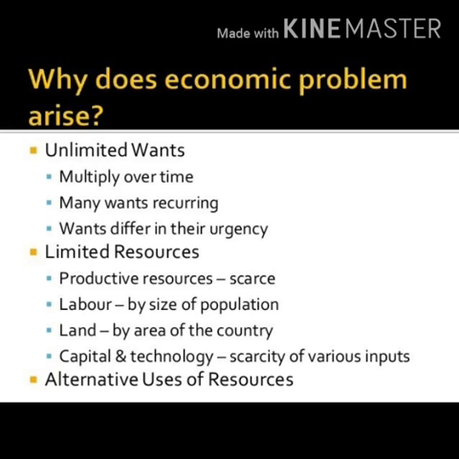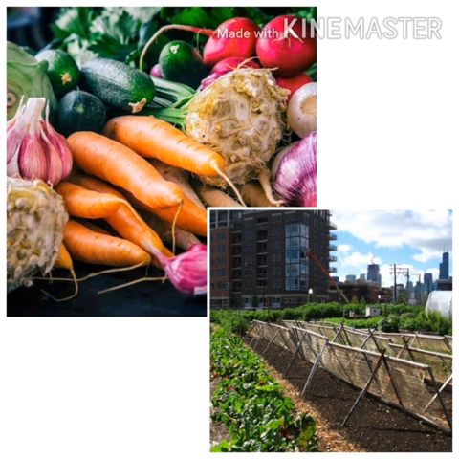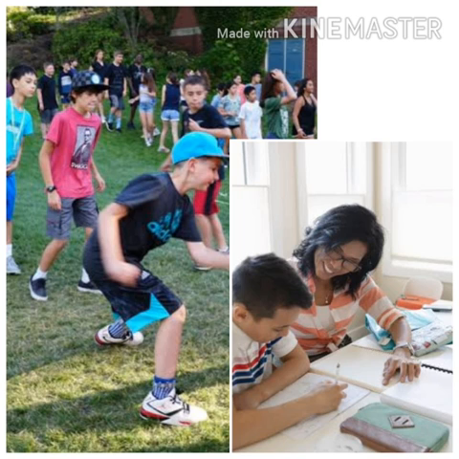And the last one is resources have alternative uses. An important characteristic of resources is that they can be put to alternative uses. For example, a piece of land can be used to produce wheat, vegetables, etc. It is just like the evening time of the students. They can use it either to study or to play. So this implies that with the limited resources and with their alternative uses, the economy can decide to produce more amount of some commodities and less amount of others.